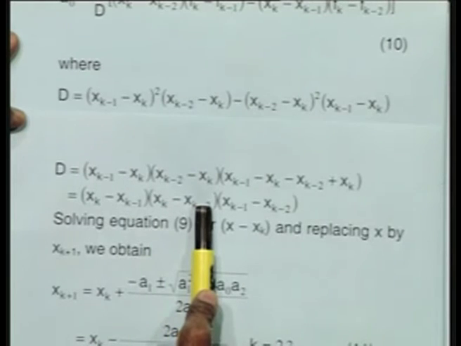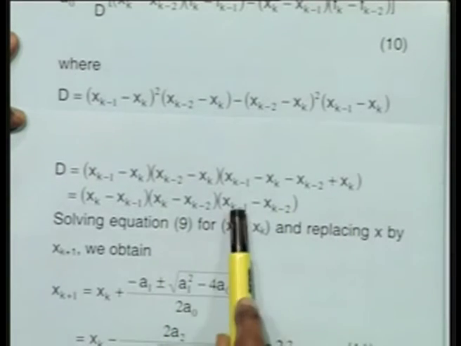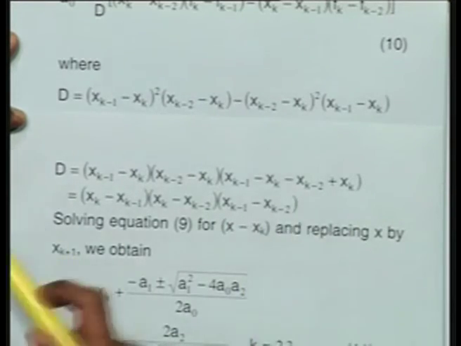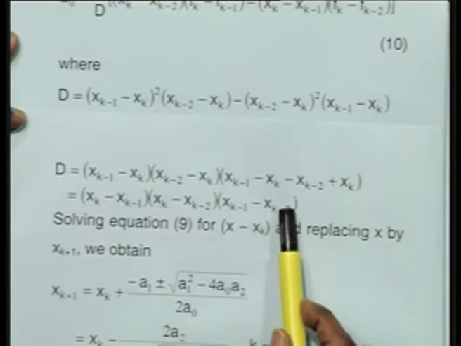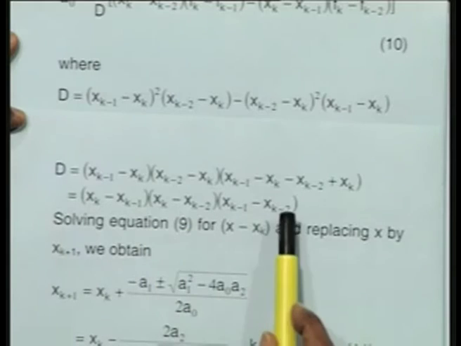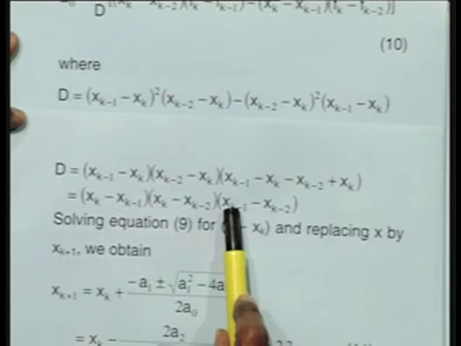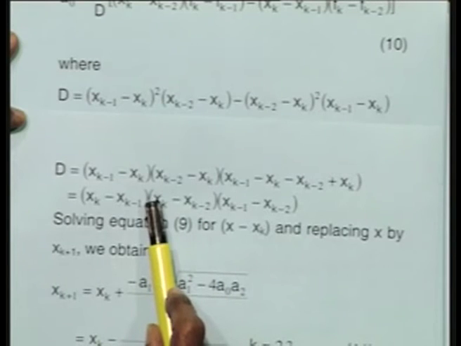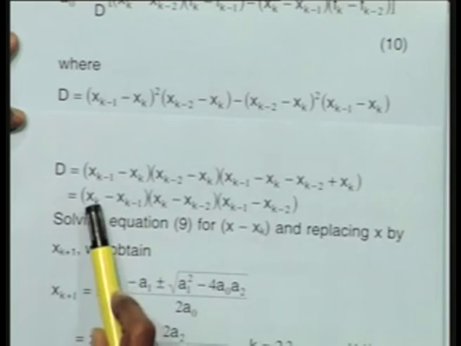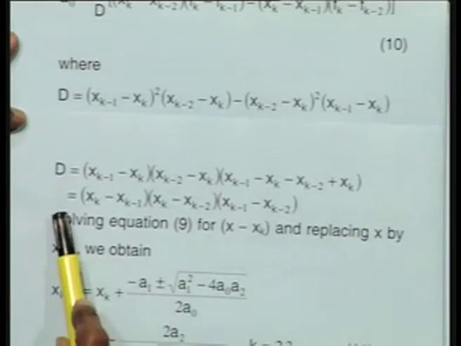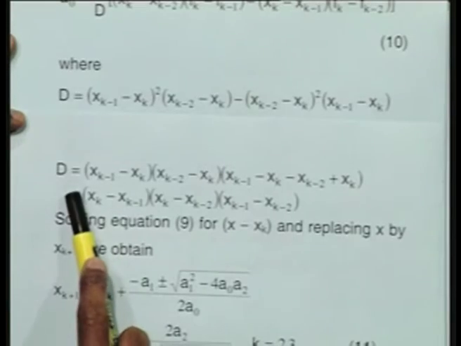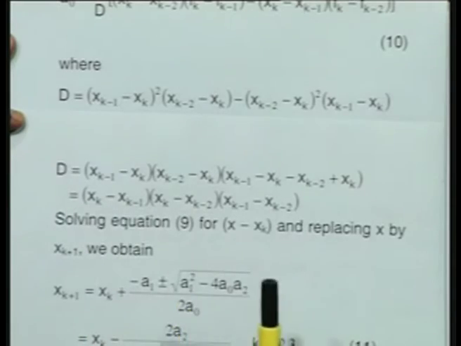xk minus xk minus 2. Then I move to the next point in the order, xk minus 1 minus xk minus 2. So this will be the denominator. So you can look at it the reverse way, you can start from the other end, you start from xk minus 2, let us take a minus sign throughout. So xk minus 2 minus xk minus 1, then xk minus 2 minus xk, that is over. So I have to move to the next point, that is xk minus 1 minus xk with a negative sign. So if I move from that side, I will have a minus sign here. So I can do it from either side, but it is always good that we start with the current approximation that is available, that is xk, so that we do not have to take care of any sign. So it will be simply the product in the denominator.